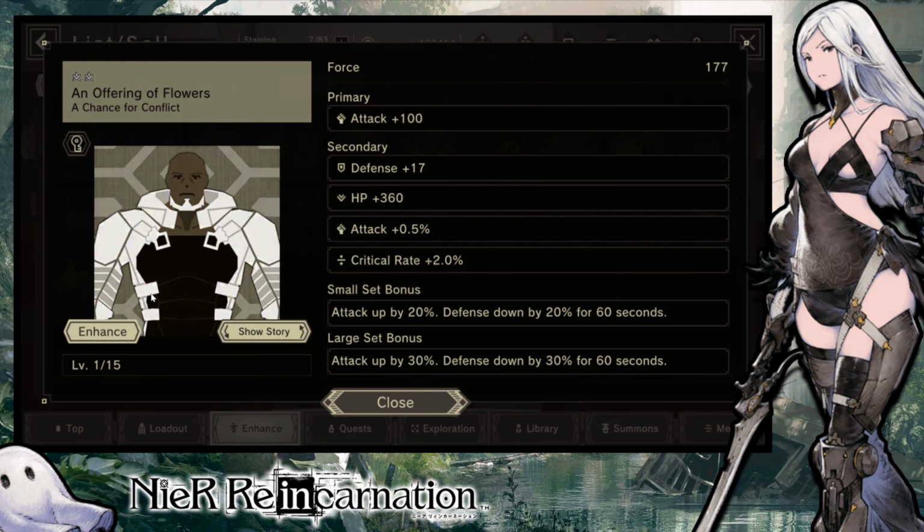The other card that dropped for us here was an Offering of Flowers from the set A Chance of Conflict. I don't really like the set A Chance of Conflict very much. It gives you attack up by 30% and defense down by 30% for 60 seconds. I really would like my buff to not wear off after 60 seconds. This could be good for burst farming some things, but I'm not going to invest in it. Also, it's just a 2-star, so I'm not currently trying to invest in any 2-stars. These stats also are all just kind of...